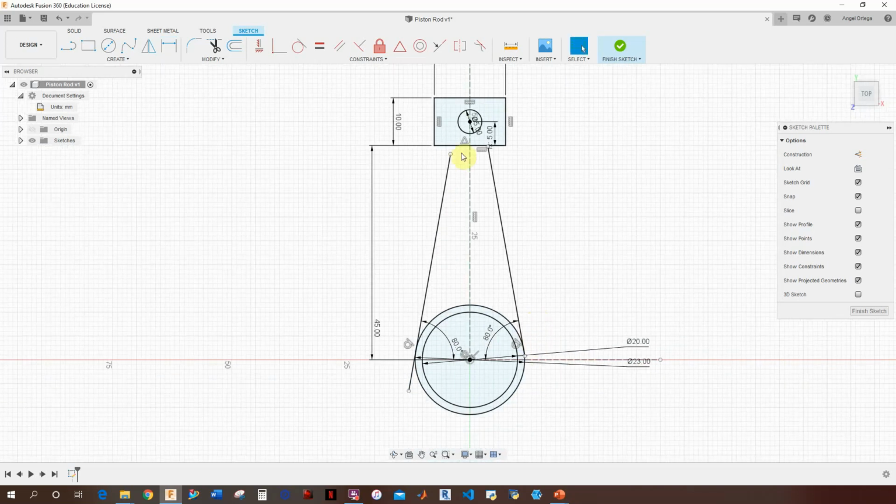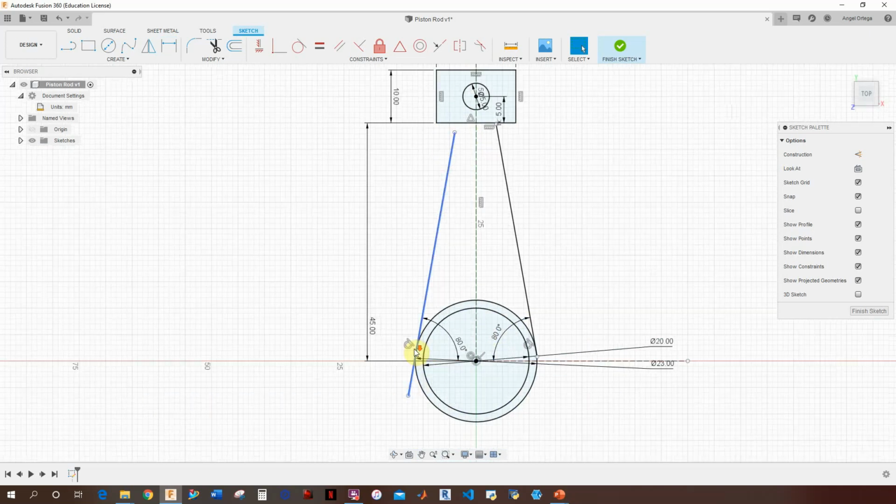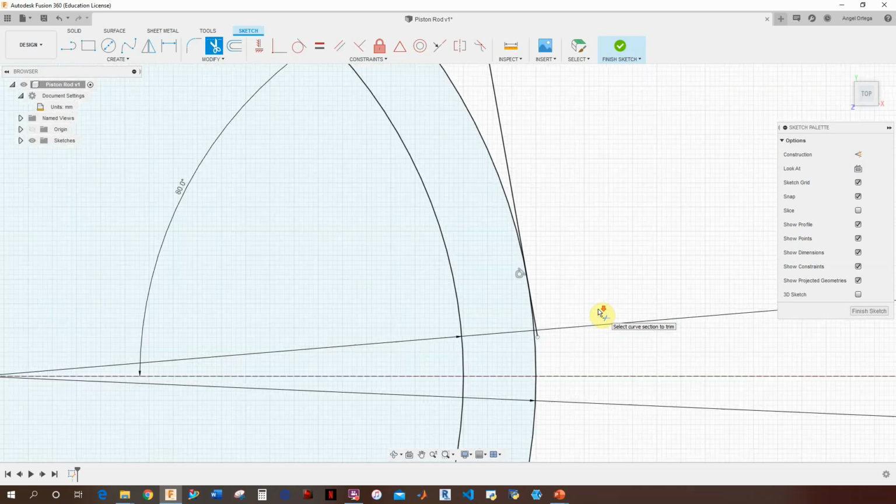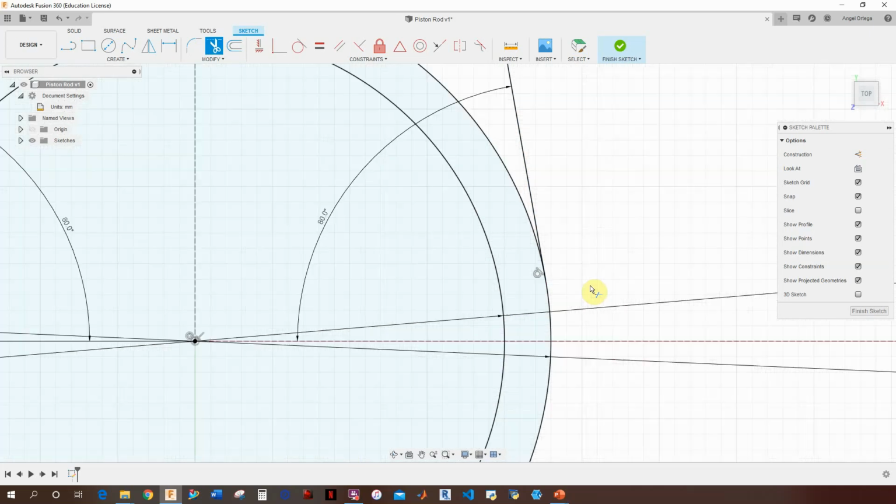Now, as you can see, this line is not touching that horizontal, and then we have some extension down here. So there's multiple ways we can fix that. Now, if it overextends, you can just type T on your keyboard for the trim tool, and you can just trim away the excess, like so and like so. But